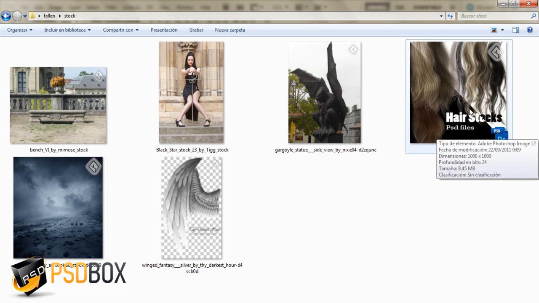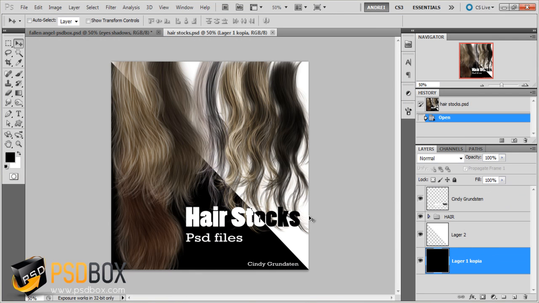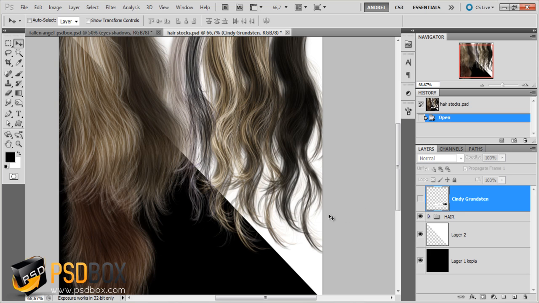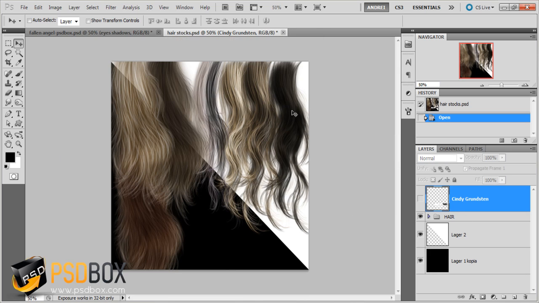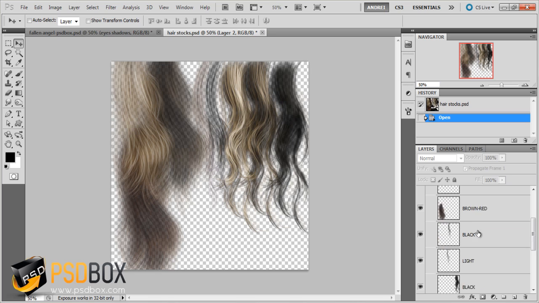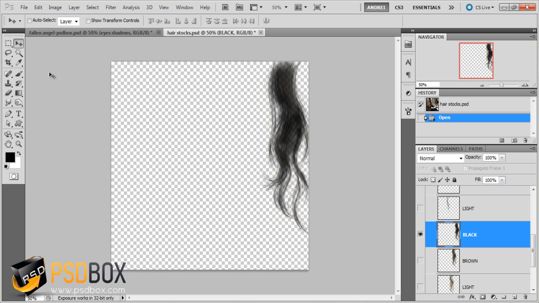So open this PSD file with the hair, and this is a stock image made by Cindy Grunston, and this is a really good piece of stock, so I want to thank her for making them, because they are really useful for people like me that don't know how to paint hair. And I used a few ones, the black, the brown, and the light ones, and just select them